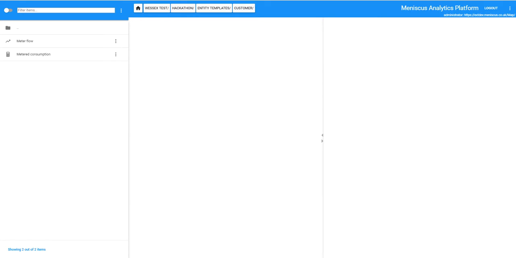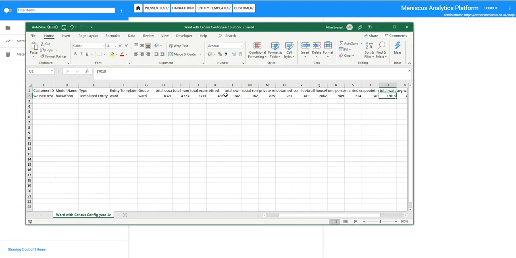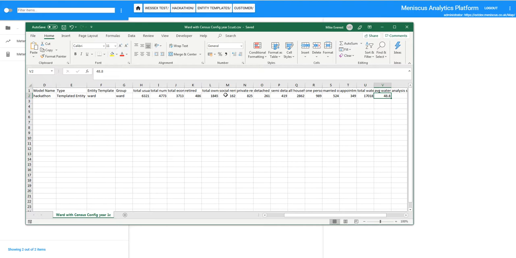So that's my customer template or data importer, and this is the one that I have for Ward. It's the same sort of thing. This is my Wessex test hackathon templated entity. It's using a Ward template, and we're creating a group under that called Ward, and the name of my Ward is going to be Taunton Fairwater, and these are some properties. All of these are properties of that particular Ward, and we can add as many as we want of these. We can just add them to the CSV file, and map will automatically add the properties into the